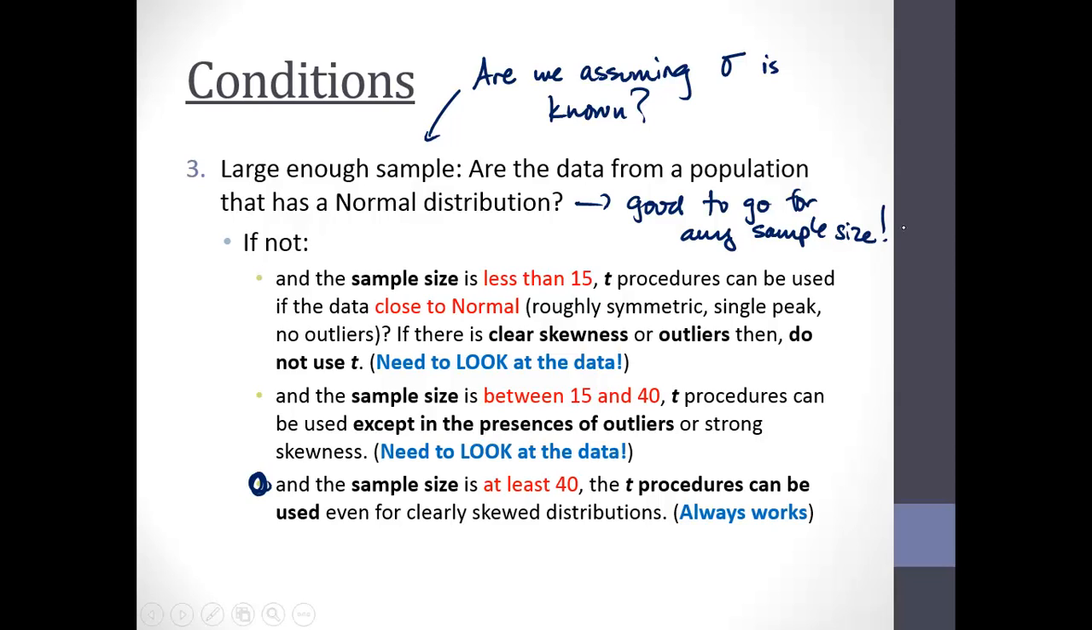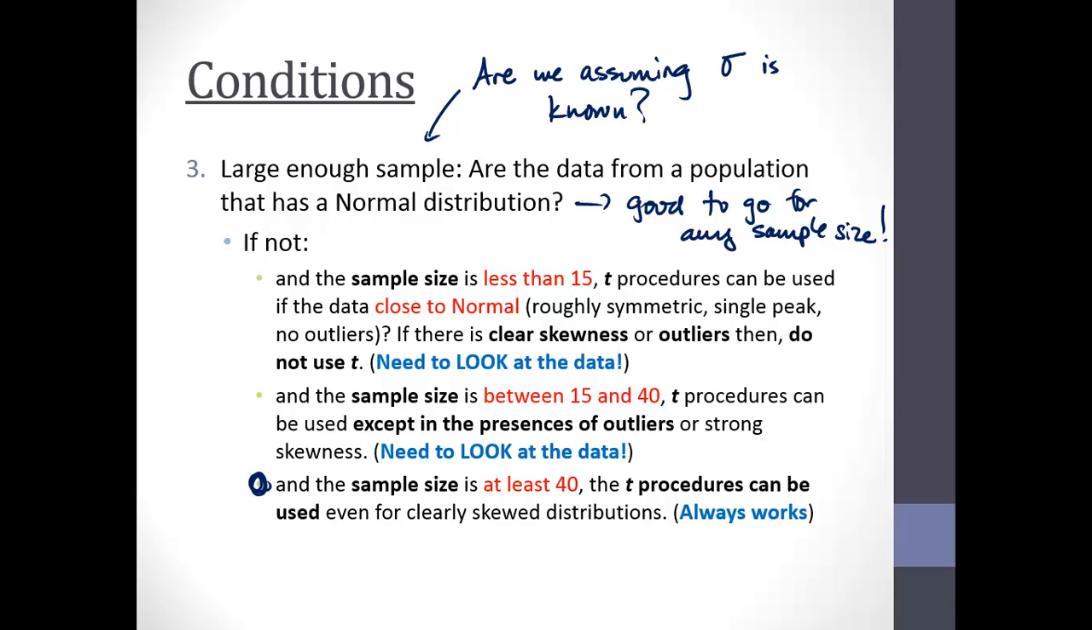Let me add that in there. But again, if the sample size is less than 15, we can use these procedures if the data is close to normal. So if it has that symmetric shape that we're familiar with, is it single peak? Making sure there aren't any crazy outliers? And if any of those things are there, then we want to shy away from using the